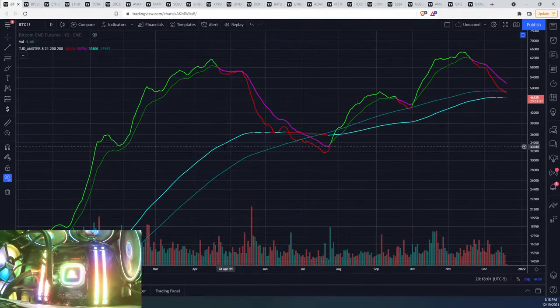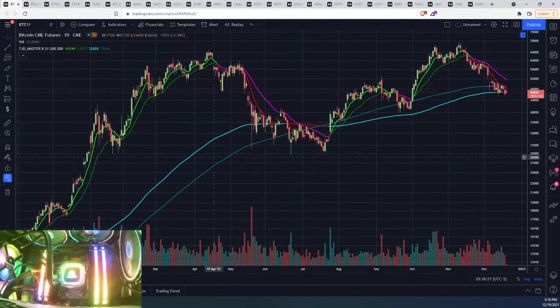And here's a perfect example of that. The 200 exponential moving average actually flipped over red here when Bitcoin was selling off, but then it recouped from that level. And we notice here that never did the 200 simple flip over red. It stayed positive this whole time until recently. So what does that tell us? It tells us that if we were only using the 200 exponential, we might have gotten the wrong picture right here. It tells us also that if we were just using price action below the 200 exponential, we would have